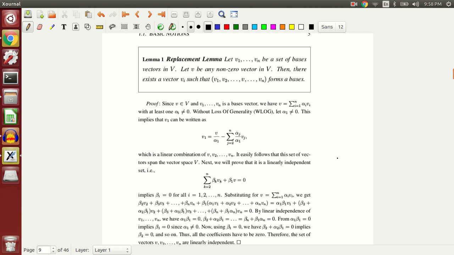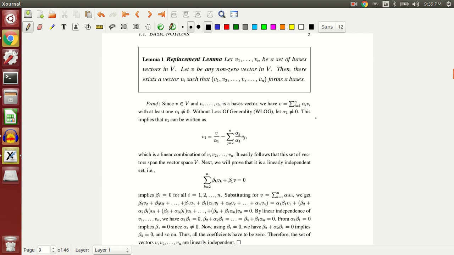Lemmas are used to prove theorems. Lemmas do a lot of operations inside a theorem. These are like the building blocks of a theorem. So we have a lemma which is called the replacement lemma, and by definition of this being a lemma, I will use this lemma to prove something else, which will be called a theorem. This replacement lemma states: let v1 till vn be a set of basis vectors in V,